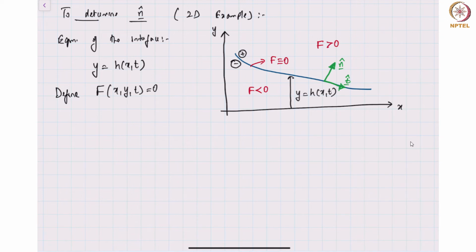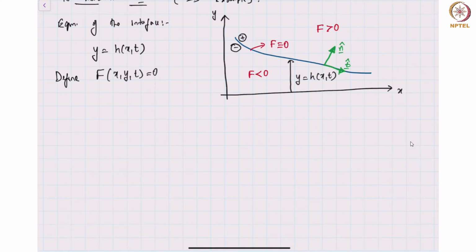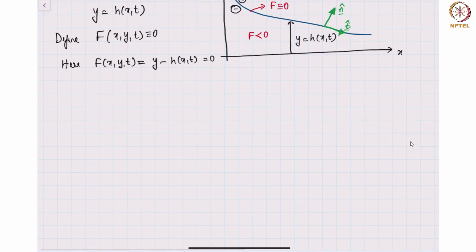Okay, so I've defined this F. I ensured that F is identically 0 at the interface. I can do this by simply saying F of x comma y comma t is explicitly written as y minus h of x comma t. This is equal to 0. But remember, the interface is only on that blue line, but the function F has a value everywhere in the domain. So F is less than 0 below the interface in the minus region, and F is greater than 0 in the plus region, and therefore the normal vector,